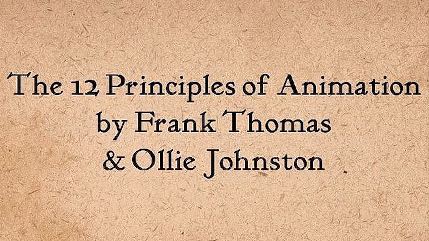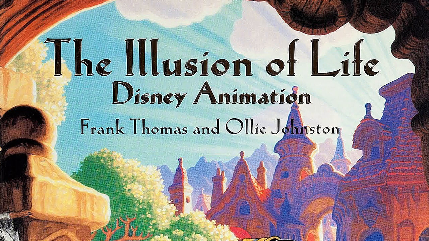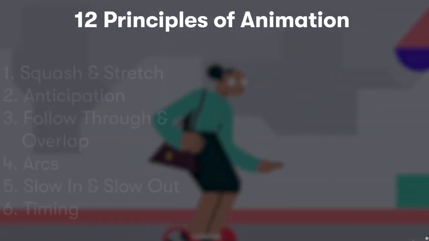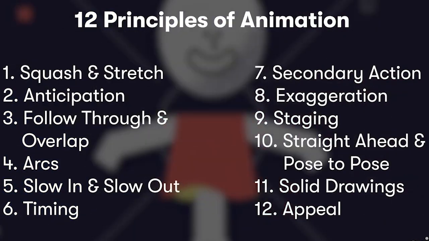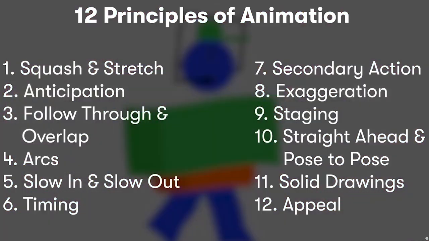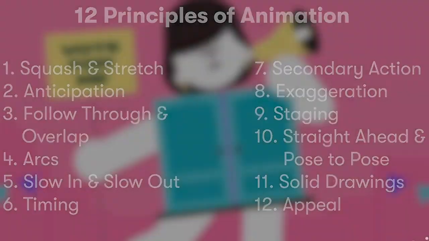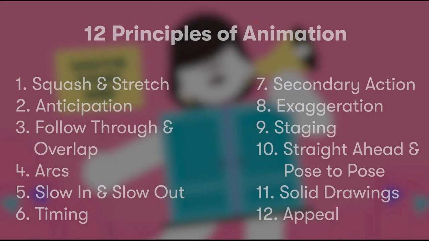The 12 Principles of Animation by Frank Thomas and Ollie Johnston, two of the key animators, and their book The Illusion of Life gives a history of Disney animation, explaining the process involved in clear, non-technical terms. The philosophy is expressed in the so-called 12 Basic Principles of Animation. The 12 Principles of Animation are squash and stretch, anticipation, staging, straight ahead and pose to pose, follow through and overlapping action, slow in and slow out, arcs, secondary action, timing, exaggeration, solid drawing, and appeal.